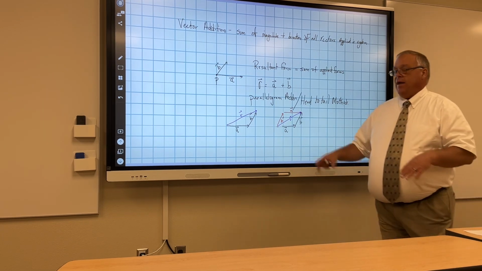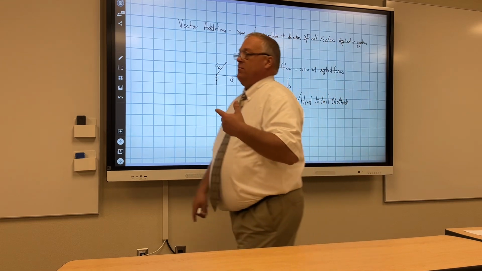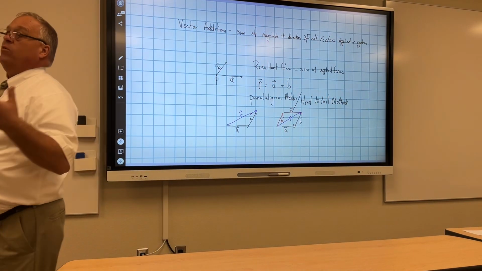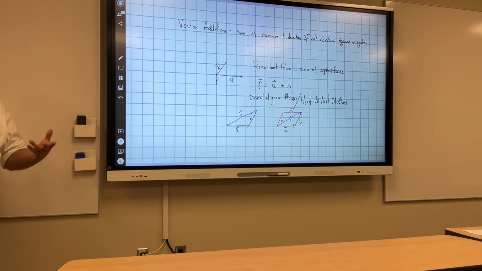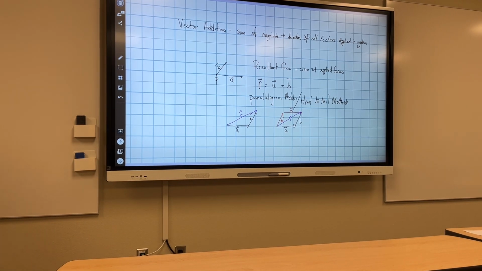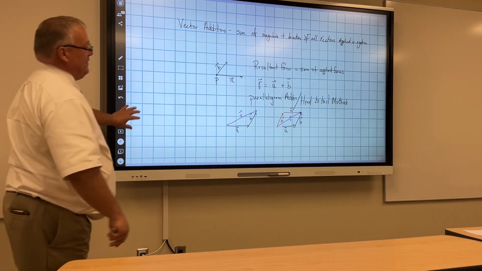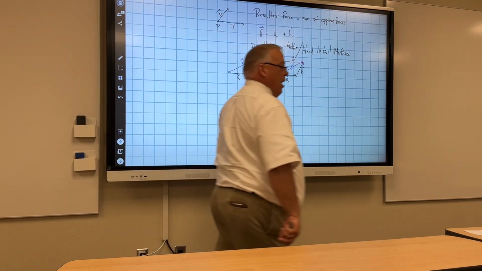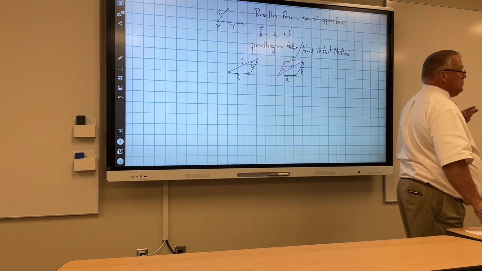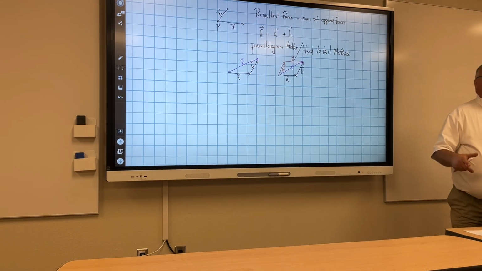Now, if we're looking at this, you're probably thinking, oh, all we're going to do is draw boxes and arrays. Well, remember, a vector has magnitude and direction. So we're going to look at it in terms of magnitude and direction based on either a Cartesian coordinate system